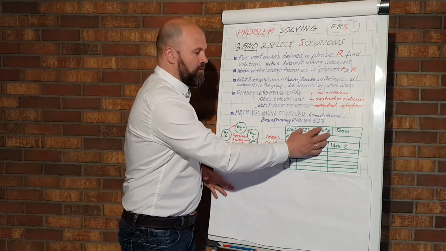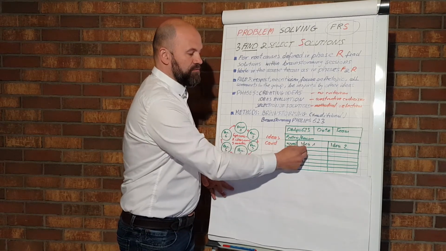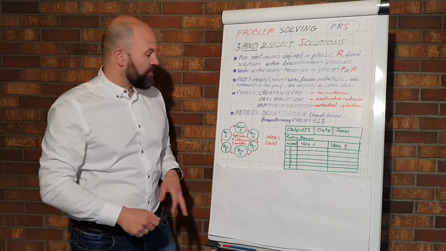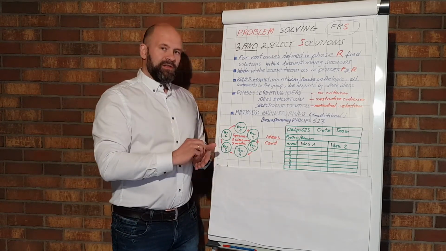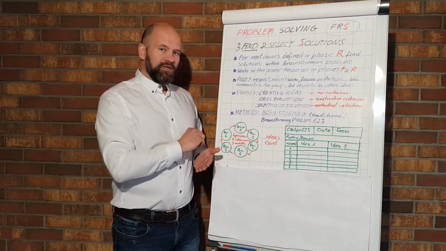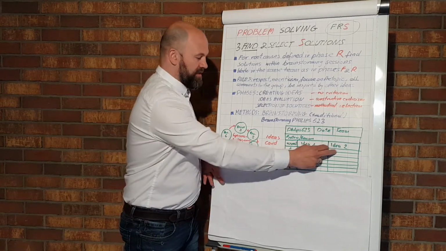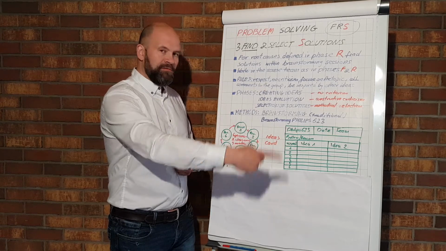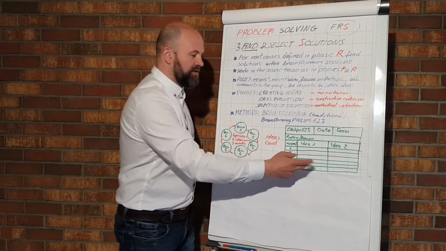Everyone gets his own sheet of paper with 2 columns to write down ideas, and there are 6 iterations. Every 3 minutes, everyone puts down on his sheet of paper 2 ideas. Then we pass it to the partner and we rotate. Every 3 minutes, as you can see, we generate 2 ideas.